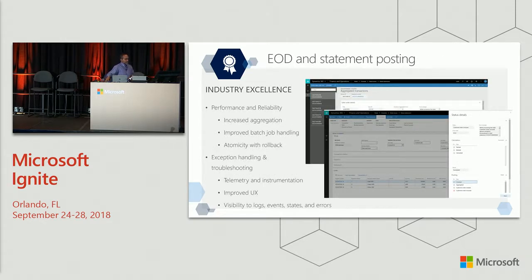The second back office function that is critical that we have improved is what we call end of day processing and statement posting. As these point of sale transactions are being trickle fed into the system, it resulted in two things. One, if something were to go wrong, we didn't have the right state model to figure out where things went wrong, what the error condition was, and how to surface it up to the user. We never were able to do any of that. So it resulted in statements going wrong and support tickets being raised, or a partner or a customer having to deal with those issues. So we have done a lot of work to clean this area up